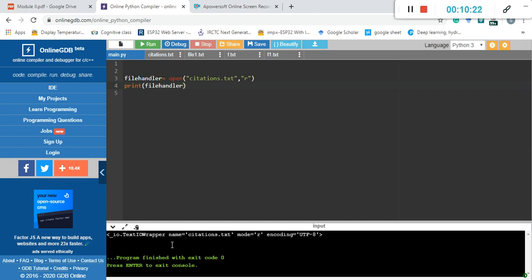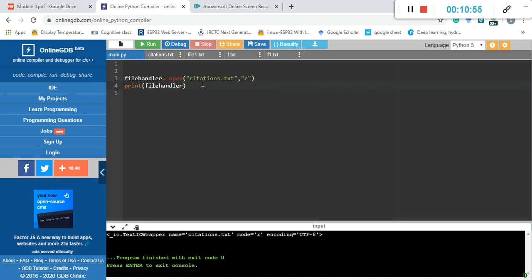What is this encoding format? We know that every character or every string has some ASCII code. ASCII has 0 to 255 characters, and every character is encoded to ASCII. But here they are using UTF-8, which is nothing but Unicode, where the number of code points is more than 1 lakh. That is not required for now. UTF-8 is nothing but the Unicode encoding of data.